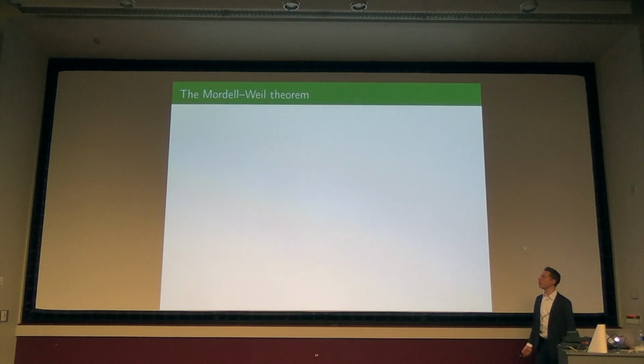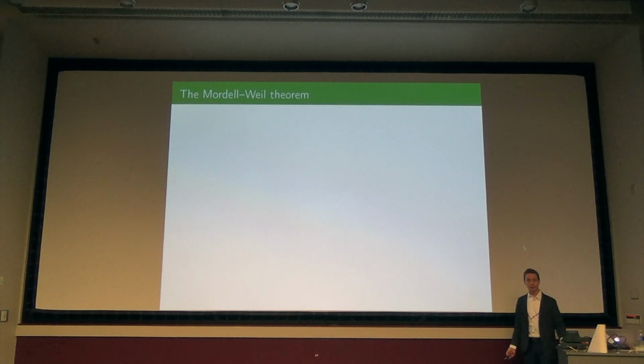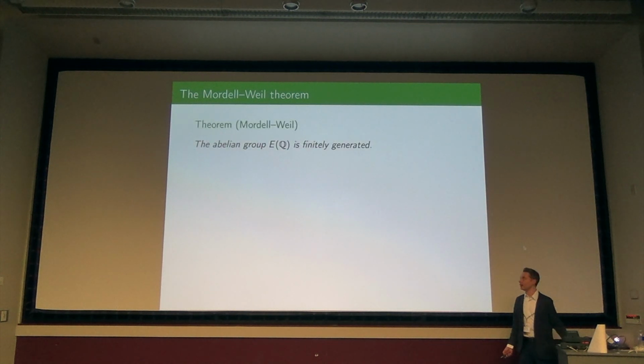Okay. Well, what do you guys know about abelian groups? You learned this in your algebra class, I'm sure, right? There's a fundamental theorem of finitely generated abelian groups. There are abelian groups that are infinitely generated and kind of scary. The complex numbers is an abelian group, not finitely generated. Is the set of points on an elliptic curve over Q isomorphic as an abelian group to some uncountable group? No. Okay, so the theorem of Mordell is that the abelian group E of Q is finitely generated.